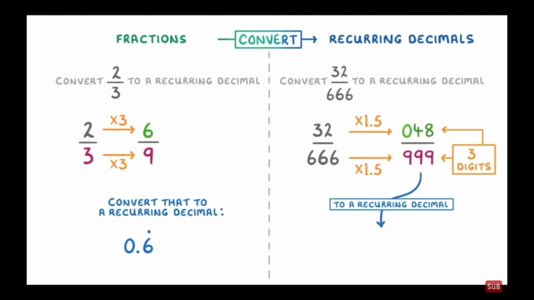So we take the 048, place it after a decimal point, and then show that it's recurring by putting little dots above the 0 and the 8. Because remember, we only put the dots above the first and last digits that recur. So there's no need to put one above the 4. Anyway,